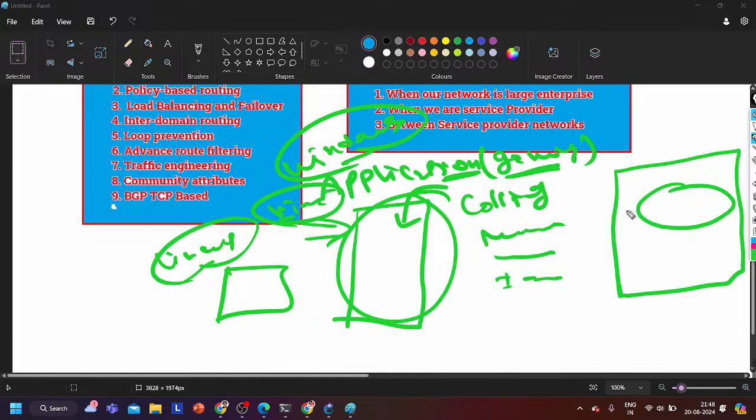To make reachability, see, here is the cloud. I have hosted the game application on this server. Do you think this is in the cloud? No. This is also a physical server, bro. But this is not your physical server. This server belongs to someone else, that is the service provider, maybe AWS. So definitely they also need a routing protocol, then only you can access the application.